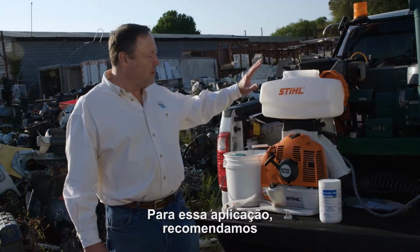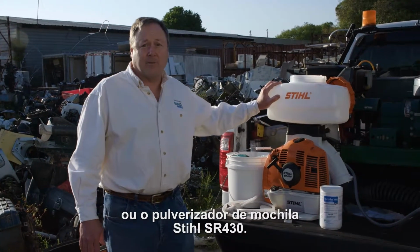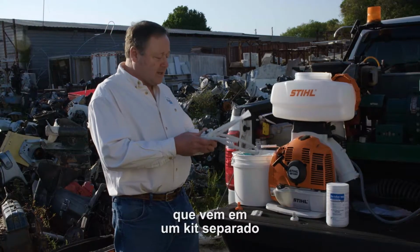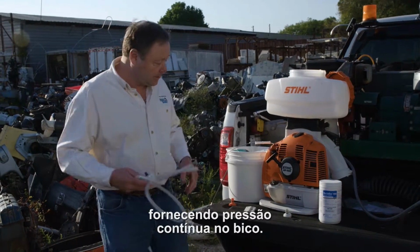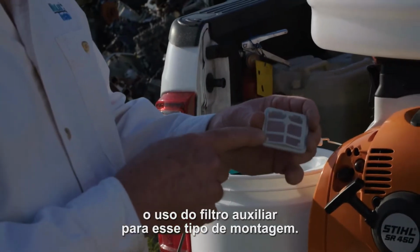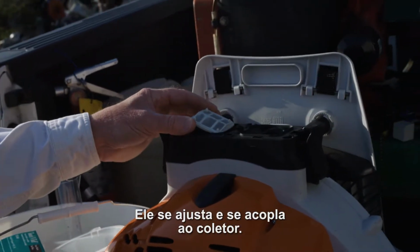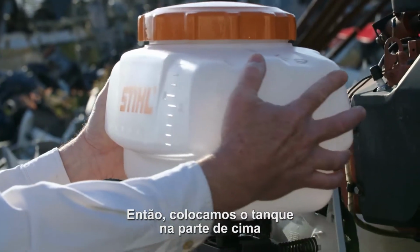For this application, we recommend using the Stihl SR450 Power Backpack Sprayer or the Stihl SR430 Power Backpack Sprayer. When using the Stihl, we recommend that you install the auxiliary pressure pump, which comes as a separate kit and is installed behind the back pad of the equipment in order to deliver a continuous pressure to the nozzle. With this setup, we also recommend using this auxiliary filter. The filter installs into this manifold which sits just below the tank, and it simply sets in and snaps into the manifold. Then the tank can be set on top